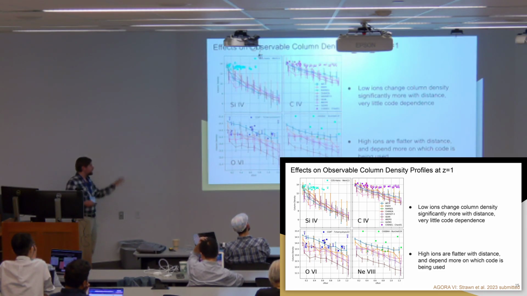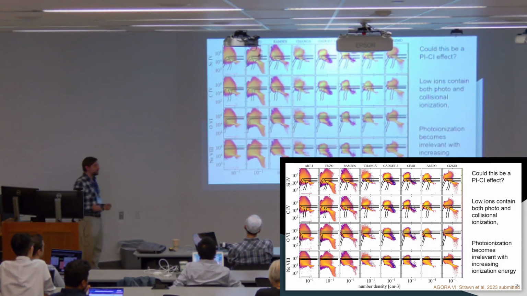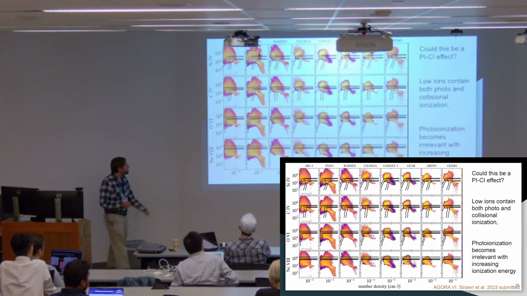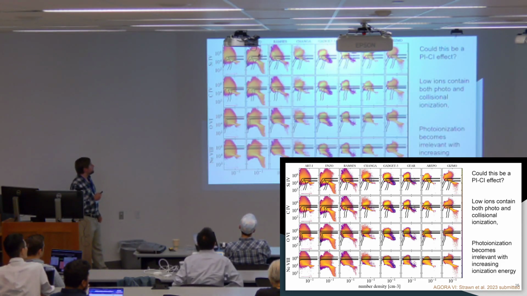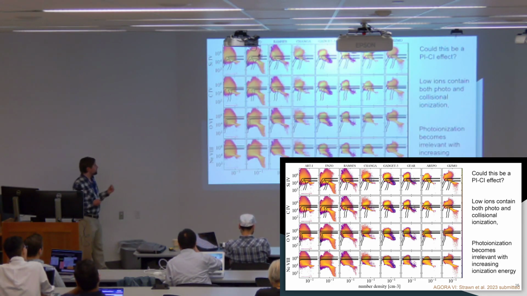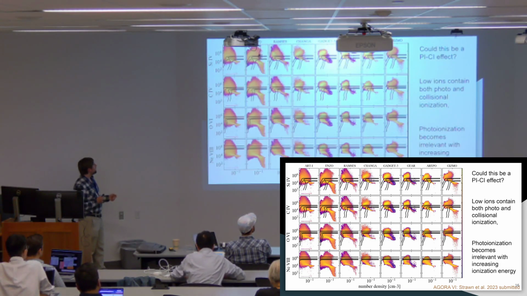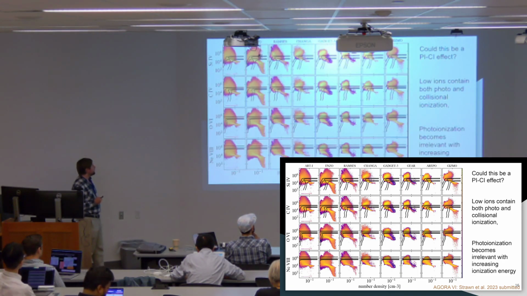And the reason for that, this is kind of my last slide, this is more speculative, but this is maybe a reason for why this is happening, is that this is kind of a switch from photoionization to collisional ionization. So here we have these columns are the different codes, with what we're showing is the distribution of metals in density and temperature. And on the rows, we're showing the contour plots of the different ions that we're looking at. So at the bottom, there are 2 peaks. There's a collisionally ionized peak on the top right and a photoionized peak on the bottom left.